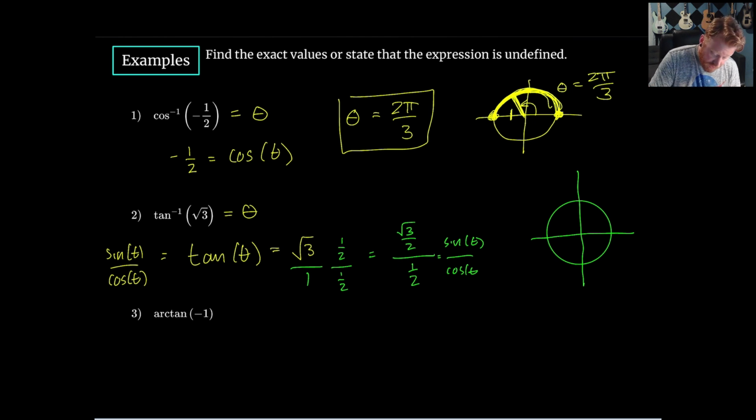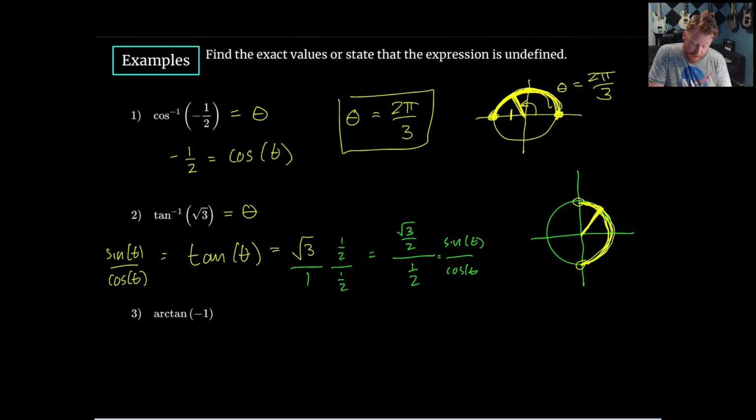Oh, since we're looking at the tangent, we need to restrict our domain. So we're going to be looking at negative pi over 2, but not including it, and then going up to pi over 2. This is our restricted domain for tangent. So we're looking for angles that live on this side of the unit circle. Since we're looking for a positive tangent, we know the tangent is positive in the first quadrant, so we can